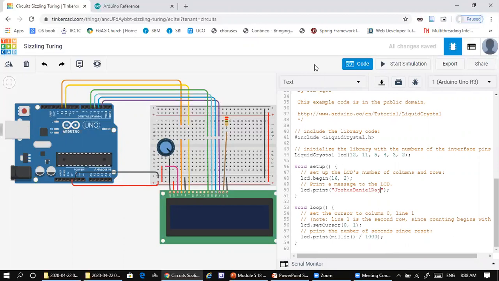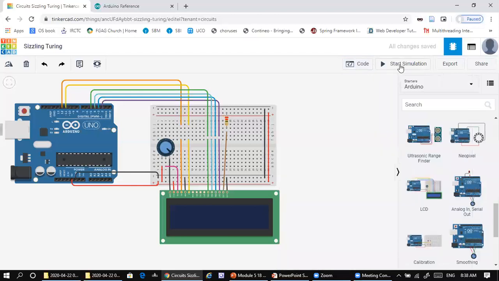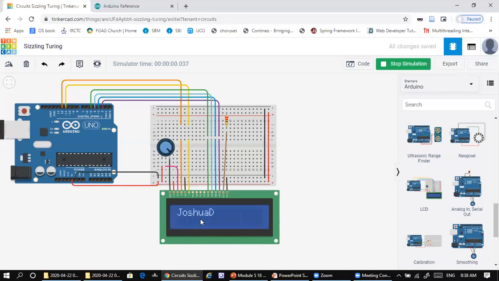Now I will start the simulation. As you start it, you can see the LCD getting initialized, and the characters are getting printed here.